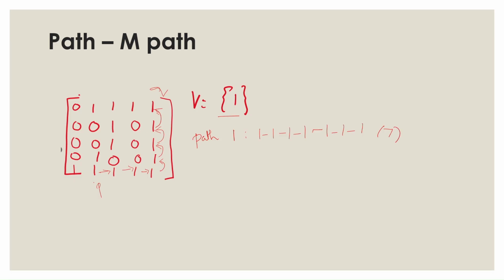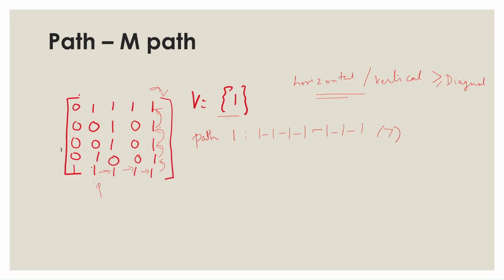Now let us take this one. So in the M path, we have to consider only horizontal and vertical, which is preferred over diagonal. So which means, whenever we have a horizontal or vertical direction, when there is a possibility, we have to prefer only this and not the diagonal. So let us see this one through this example.